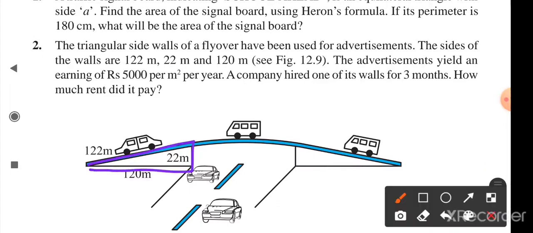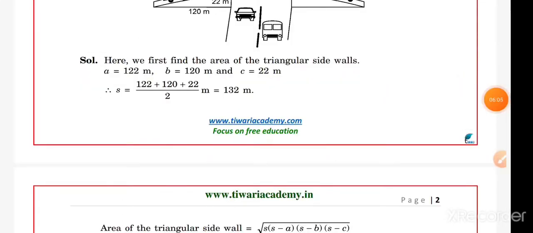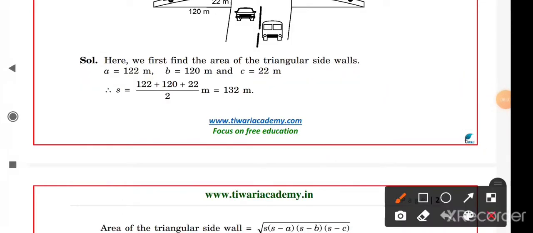You can see that one side is 122, the second side is 22, and the third is 120, and you have to find out how much money you will pay if you put that advertisement for 3 months. For that, first you have to find out the area of the triangle, then we will do the further calculation. Since A, B and C are given,